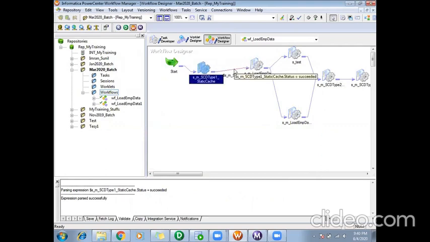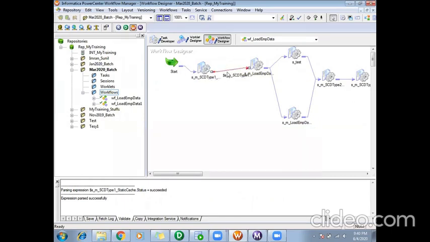Till now it was just waiting for it to complete. Now it will wait for it to succeed. If it fails, it won't start, since I am setting the dependency as start only when the first session has succeeded. That's dependency.